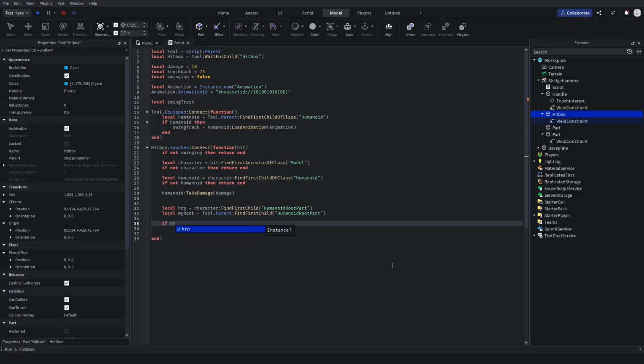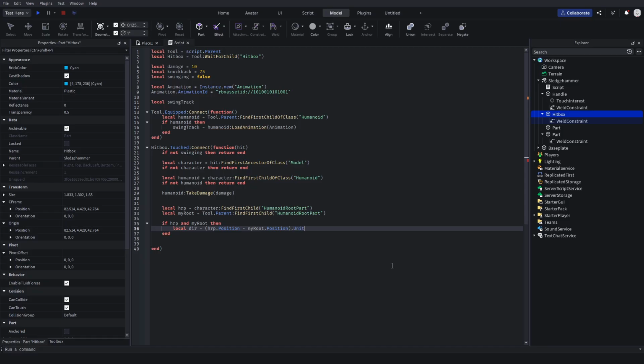If HRP and myRoot, then local dir, for direction, equals HRP.Position. So humanoid root part position minus myRoot, so the player's root position, and then outside of this calculation,